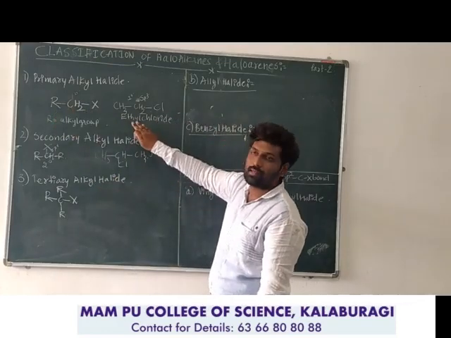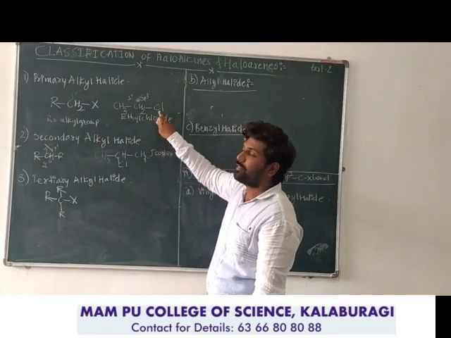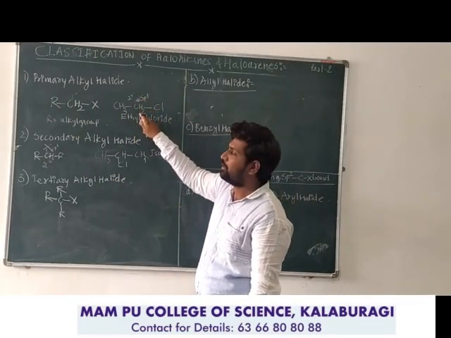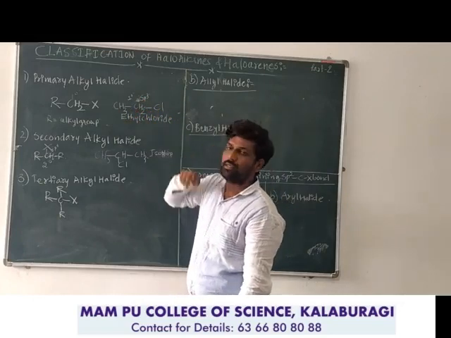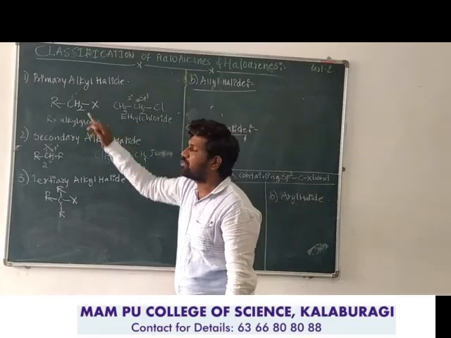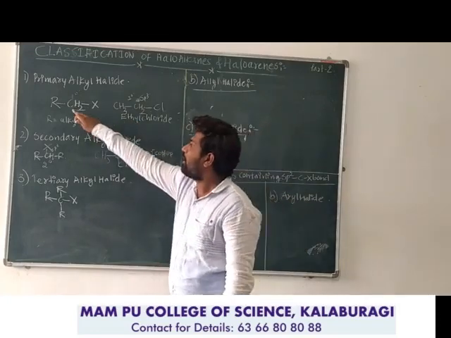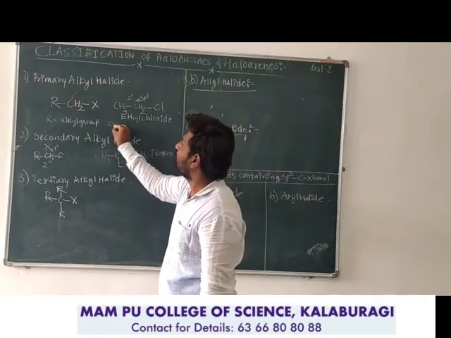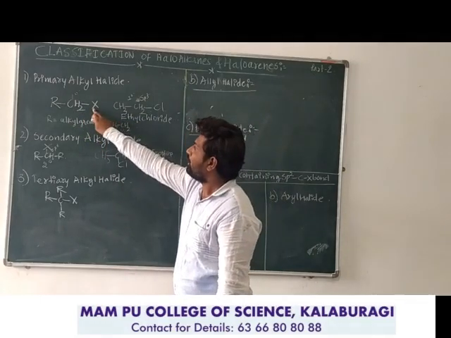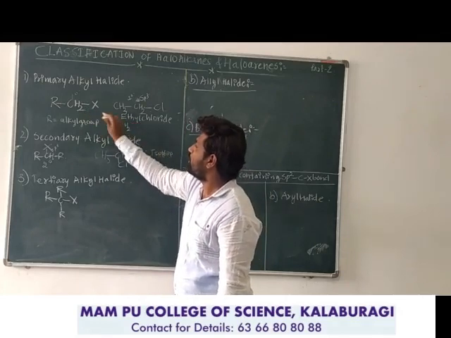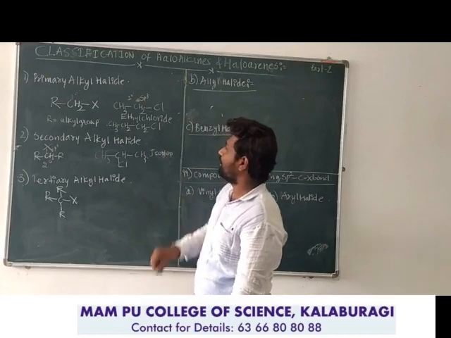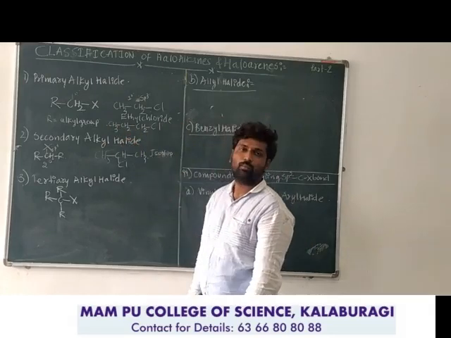Look at here, I have taken the example of ethyl chloride. Here the chlorine halogen atom is bonded to the sp3 hybridized carbon atom, which is bonded to another methyl group. So this is ethyl chloride. You can take R equal to any alkyl. If I take R equal to ethyl, CH3CH2, then CH2X is the continuation part, CH2Cl I will take. So that is propyl chloride.